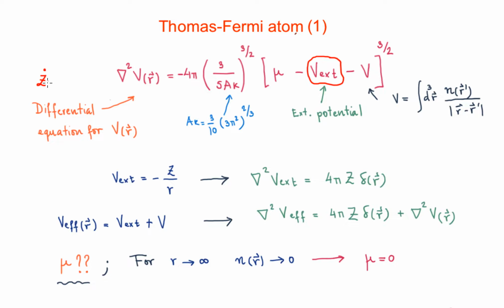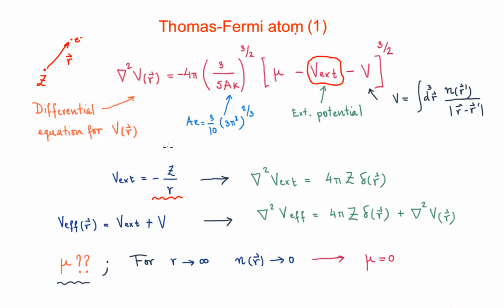nucleus charge set which is located at the origin. So therefore, if we have an electron which is located at position vector r, the potential this electron is feeling, created by this charge located at the origin, is actually this one. So that's going to be the external potential that we have corresponding to the atom we want to characterize